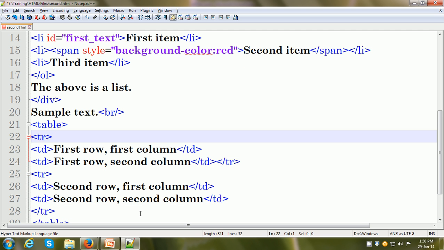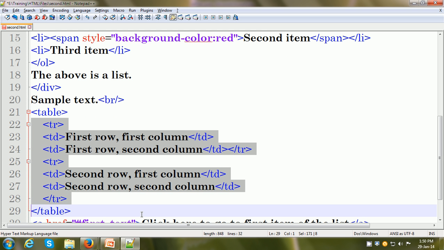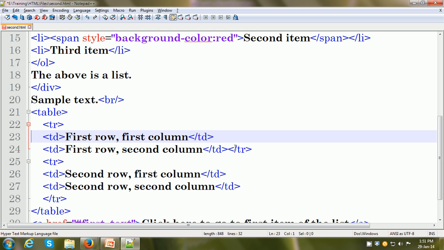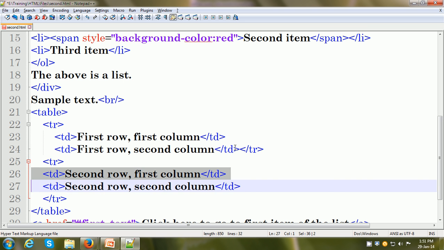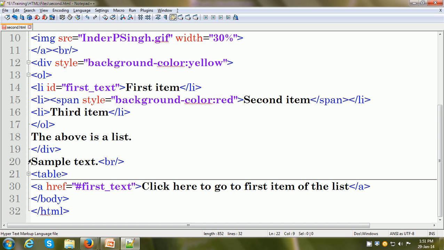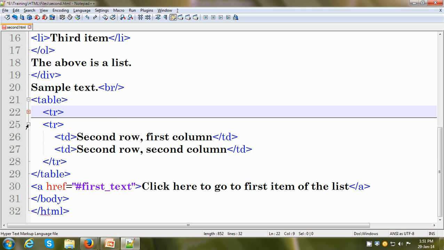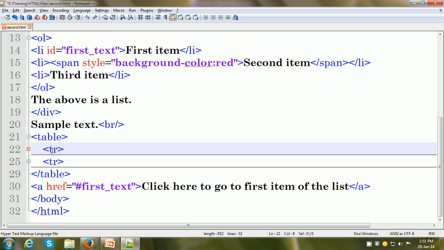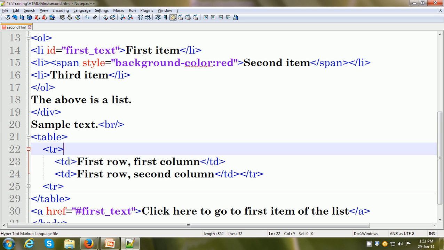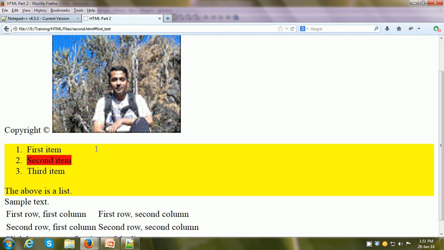And we can do the indentation also. And within the tr we can indent like this. So this is our table. So this entire thing is the table over here, and within the table there are, as you can see, a couple of rows with the tr tags. Within the first tr we have a couple of cells using the td tag, and within the second row also we have a couple of cells. So let us save it and look in the browser how it looks.